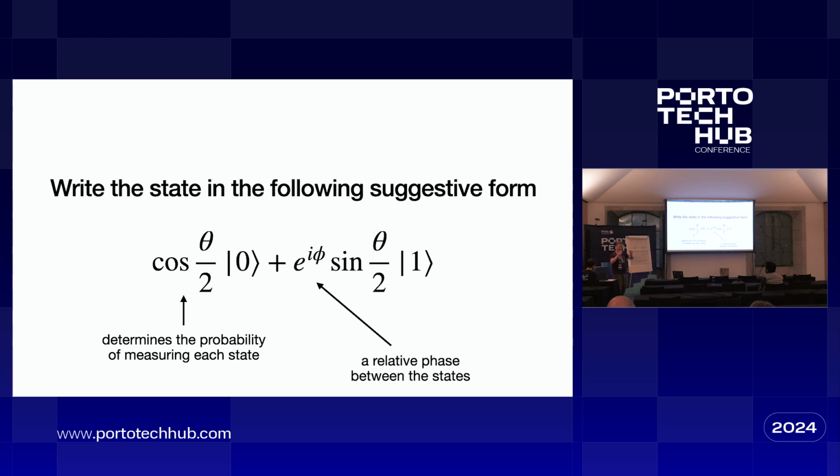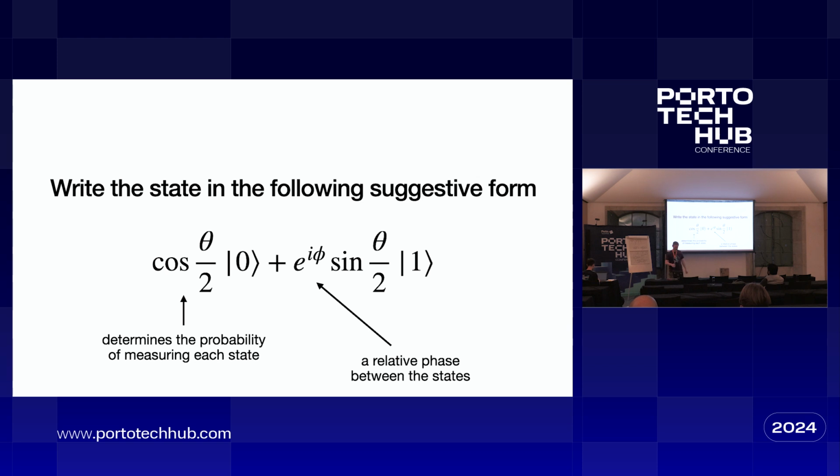But these are complex numbers, right? And so there's another degree of freedom there, but there's not 2 degrees of freedom because of the overall phase, okay? Once we cancel out the overall phase, you can think of this overall phase sitting out here multiplying the whole thing. What we have is this angle theta, and then one phase which is the relative phase between the 2 states. We start out with four real numbers, which you can think of as 2 magnitudes and 2 complex phases, and we reduce that down to 2 degrees of freedom. This is just math here, just mathematical tricks. The point is that I can write this like this.